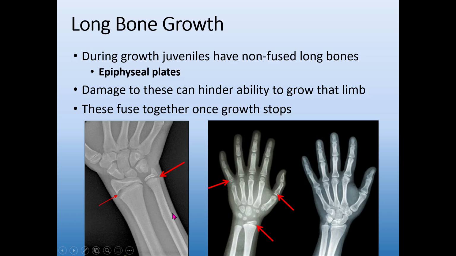And so if you look at an X-ray of a child, someone who's not reached their final stages of development, what you will see are these lines near the ends of those long bones. Or in the cases of the digits, the fingers, there are these little pads towards the end. Those are going to allow for the growth of those bones. Once an individual has reached their final size, those epiphyseal plates fuse, so they go away. It is actually something that can be used to age a skeleton, whether or not that epiphyseal plate is completely present, in which case those two pieces of bone can be completely removed from each other. If it's partially fused, that happens at a particular range of age, or if it's completely fused. So you can use that to age a skeleton.